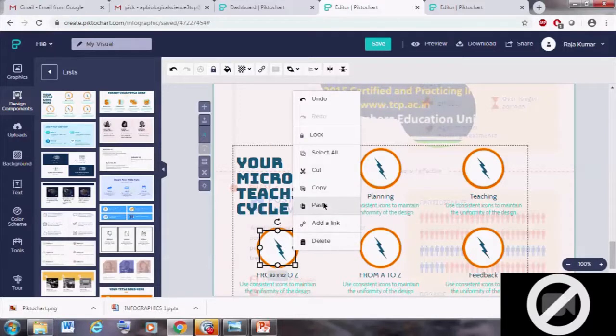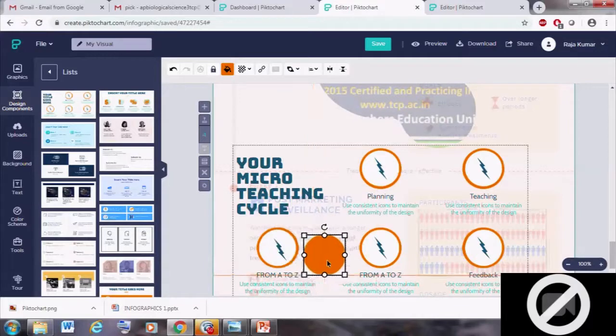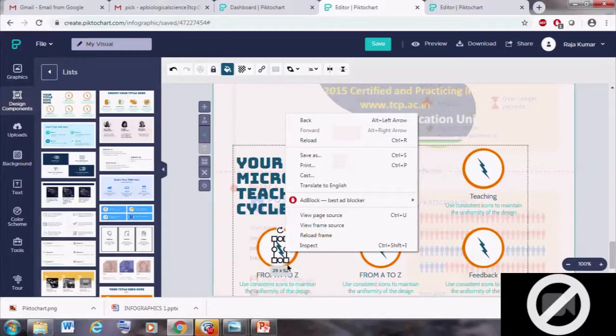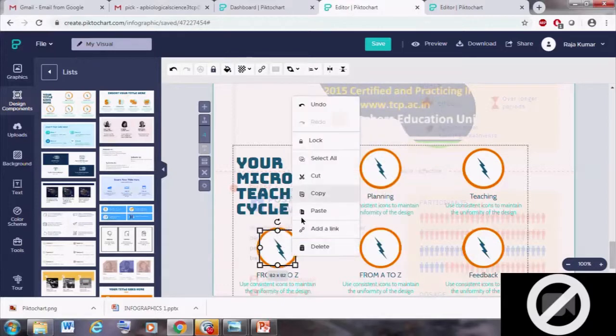So we can create a new shape also by right clicking the mouse and using this tool, copy and paste. We can create new same shapes in the same page.